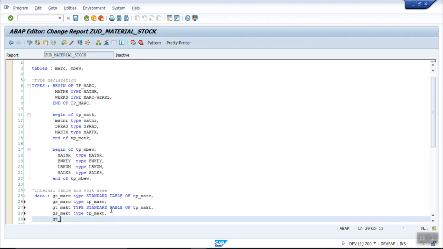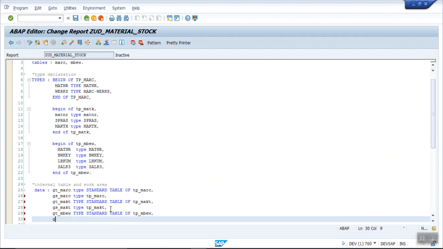The last one will be GT_MBEW, type standard table of, just type 1-2 letters, and when you can see the keyword hint, just press tab, standard table of TP_MBEW. Then write down the work area, GS_MBEW, type TP_MBEW.